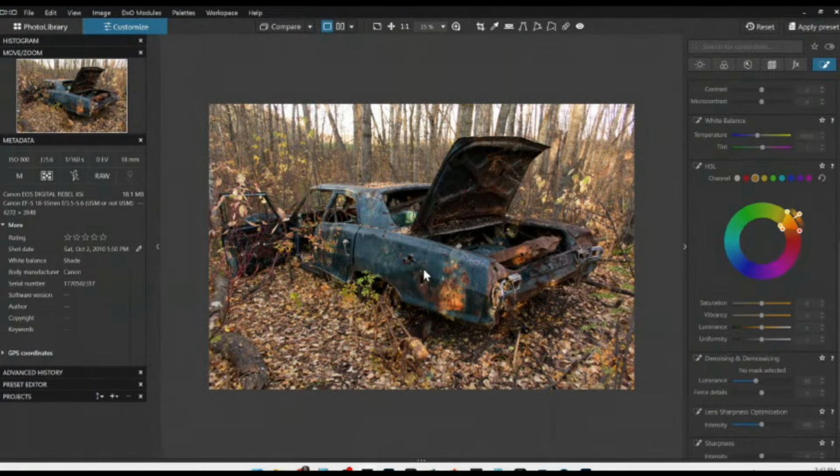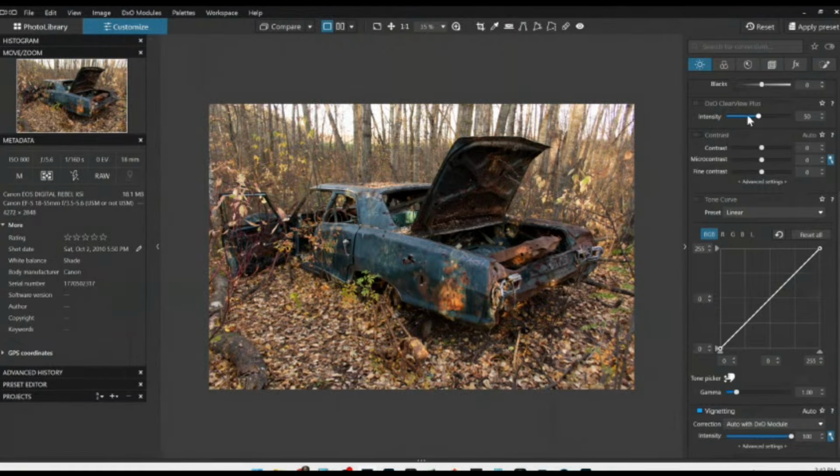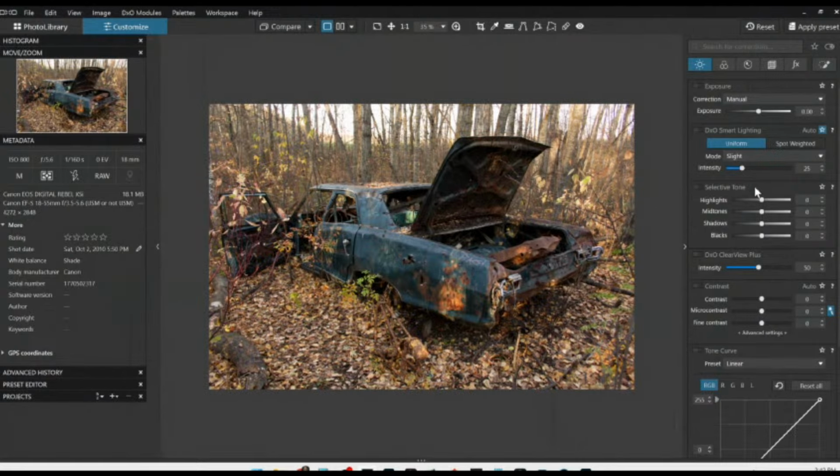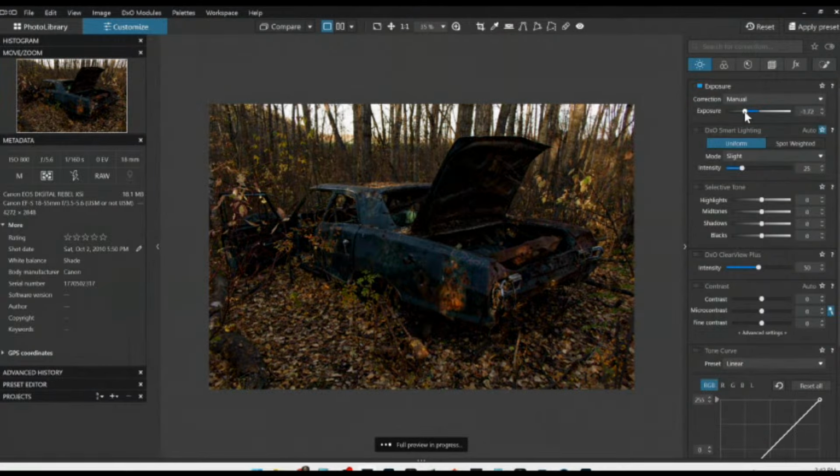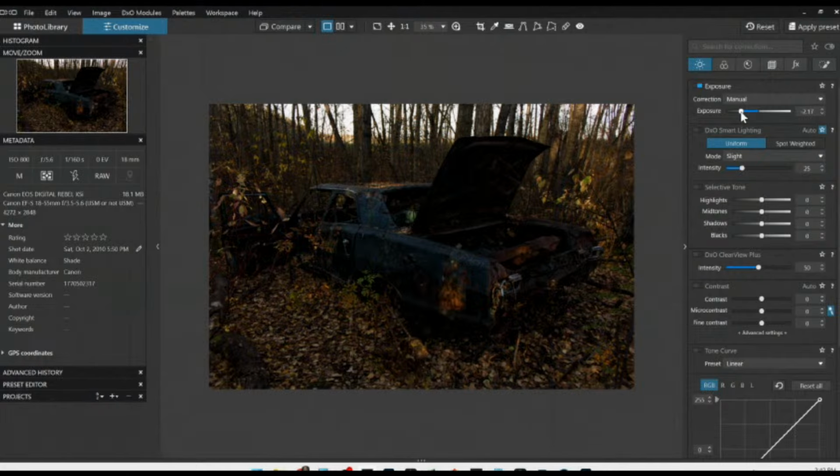And I'm going to highlight the blue and red. Yeah, I think that'll work. So let's again kind of go dark. And then